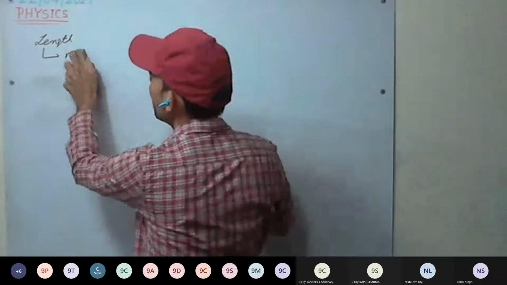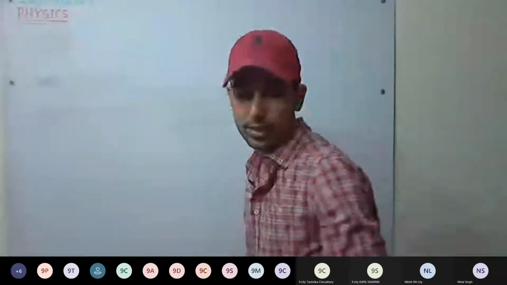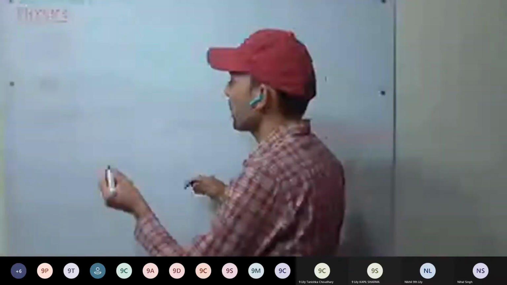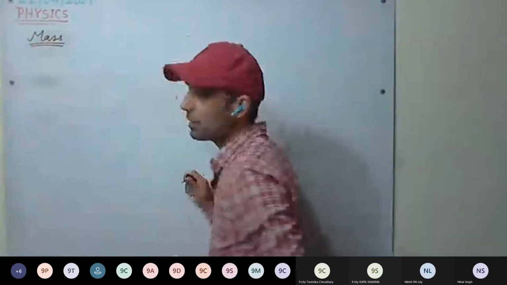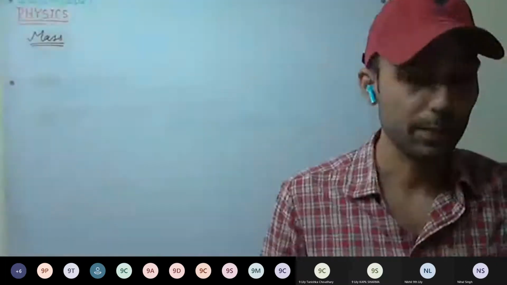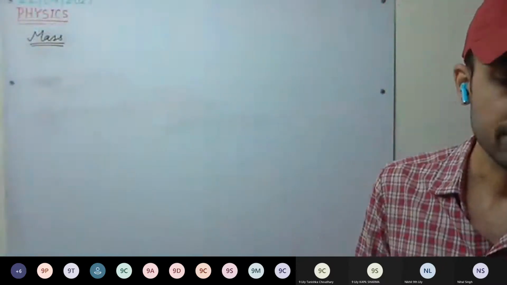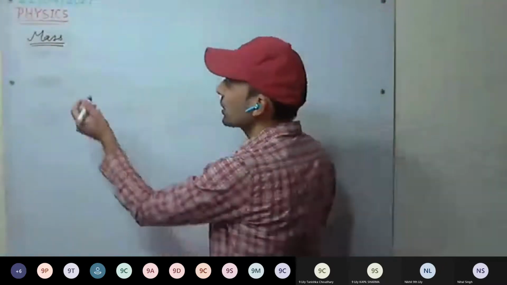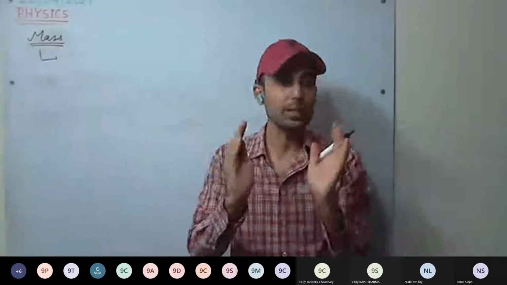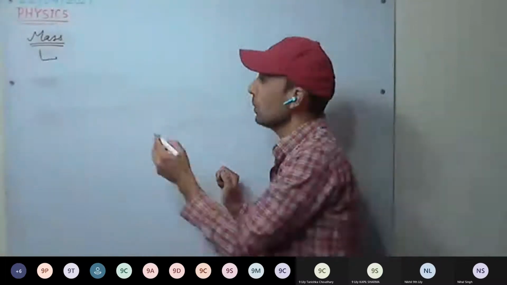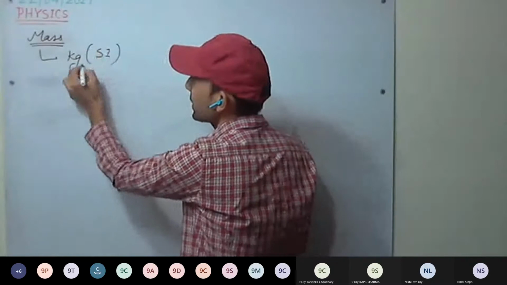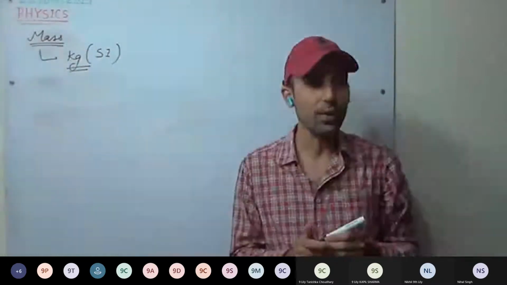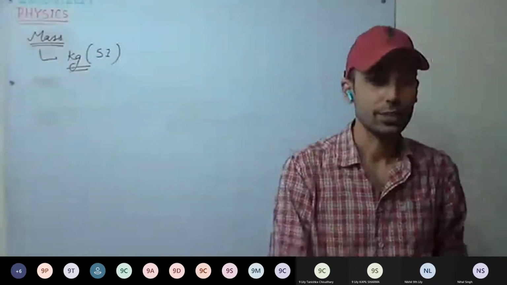Today we'll be discussing mass. So the second physical quantity that we are discussing is mass. Mass is a fundamental quantity. There are 7 fundamental quantities under the SI system and 2 complementary quantities. So first we have to standardize some mass as 1 kilogram. The SI unit is kg. So first we have to define what we are taking as kg.